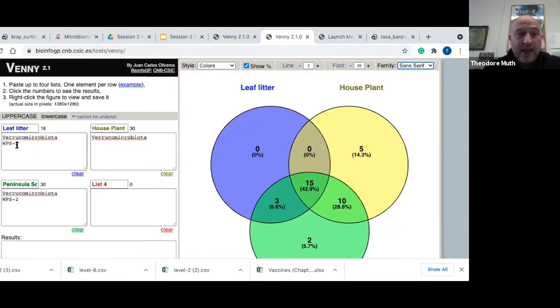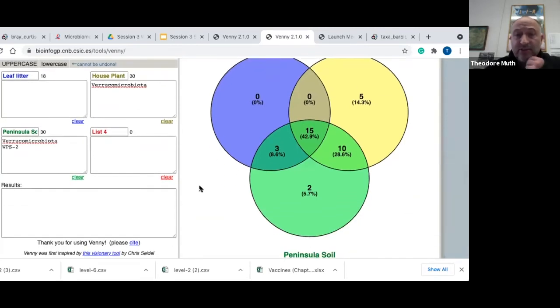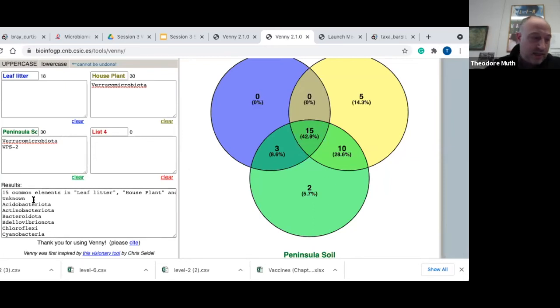And the lists of the phyla that are in these samples are over here. It looks a little crazy because I have a lot of empty spaces, which is fine. It doesn't look so pretty, but it still maps fine. And what I think is really cool, and what I like to have the students do, is oftentimes you have a bunch of samples and you want to say, well, what's the core? What's shared in all of these? And so if you just click on the number, if you look over here to the results, it tells you